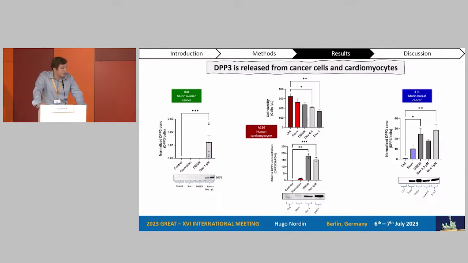In the middle here, you can see that on human cardiomyocytes, the more stressed the cells were, the more DPP3 you could find in the culture media. And it's not only mortality dependent. There's probably another mechanism to that, because, for example, in the middle graph, with DMEM, a serum-deprived media, you have more cell viability than in the doxorubicin-treated cells, but you have more DPP3 in that culture media. So it's not only mortality dependent. These results were shown in the cancer cell lines we had too.